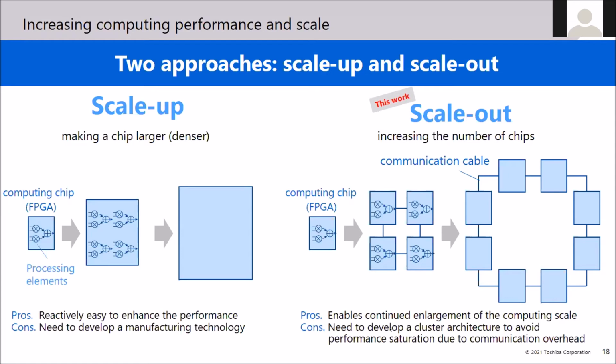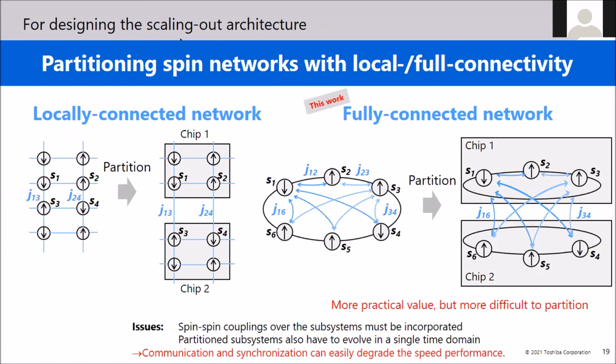However, we need to develop a cluster architecture to avoid the performance saturation due to communication overhead. And for designing the scaling out architecture, we have to partition the spin system. At that time, spin-spin coupling over the subsystems must be incorporated, and the partitioned subsystems also have to evolve in